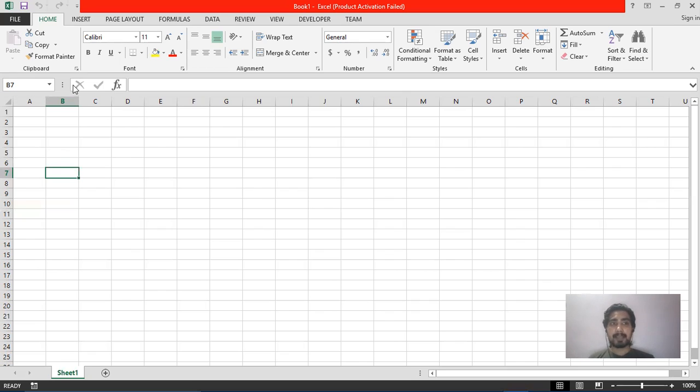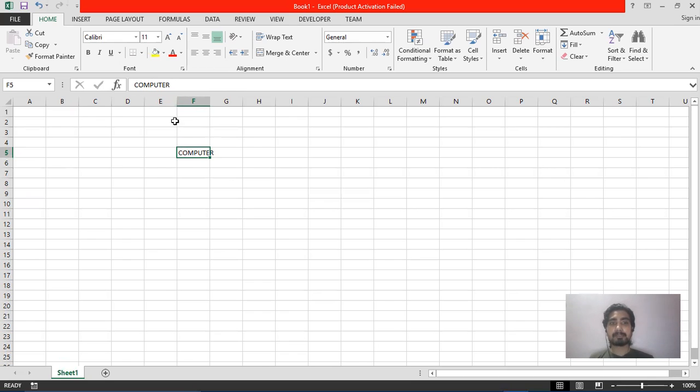Now just at the right side of the name box, you can see one more box, and the name of this box is the formula bar. The formula bar displays the content of the active cell. For example, if you write something in one cell and select that cell, then the content written inside that cell will be displayed in the formula bar. So let's type one word, computer, in this cell. Right now, nothing is displayed in the formula bar when you select another cell, because no data has been entered there. Now when you select this cell, because there is one word, computer, written inside it, that word will be displayed in the formula bar.